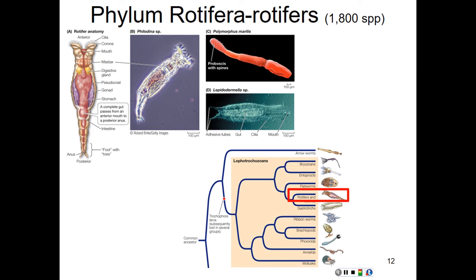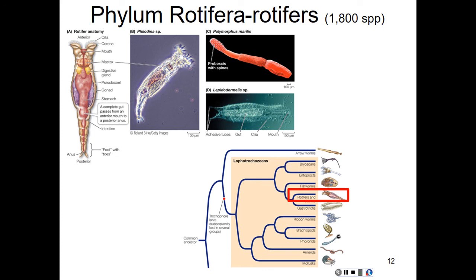So our rotifers are found in freshwater, marine, or damp terrestrial habitats. They are very, very small. Typically, it's difficult to see them without a microscope, but they are multicellular and have specialized organ systems such as